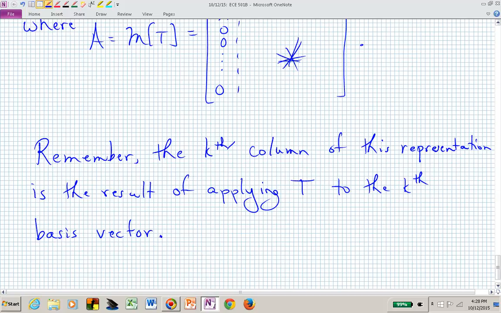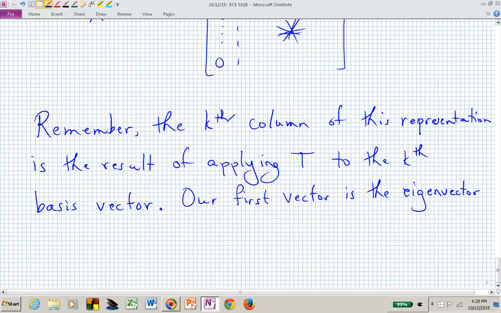In this case, it's just TV. And in our particular case, we defined the first vector in our basis to be the vector V. Our first vector is the eigenvector V,